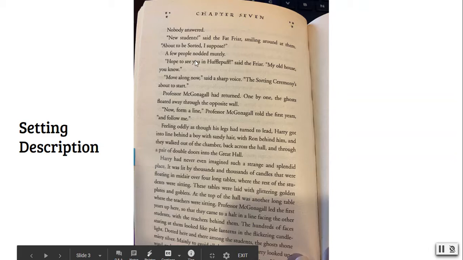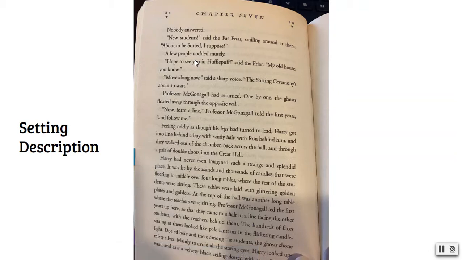Next, we have setting description. Setting description always helps your reader better envision where the story is taking place, when the story is taking place. So here we have Harry entering Hogwarts for the very first time into the Great Hall, and the last paragraph